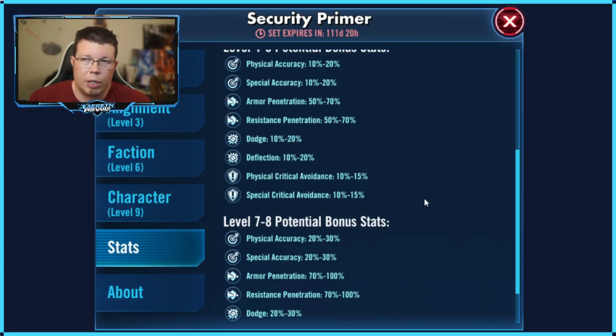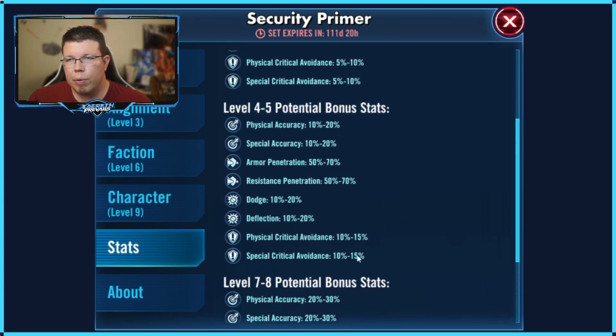And so one of the things we're going to be looking at here, guys, is crit avoid, and all of these things are just a little bit frustrating, in my opinion. Armor penetration, resistance penetration, it's okay. But the main focus, for 4 months, we're going to have to deal with the evasion meta. And honestly, for stats, if you guys hate dealing with all this nonsense, I would highly recommend,